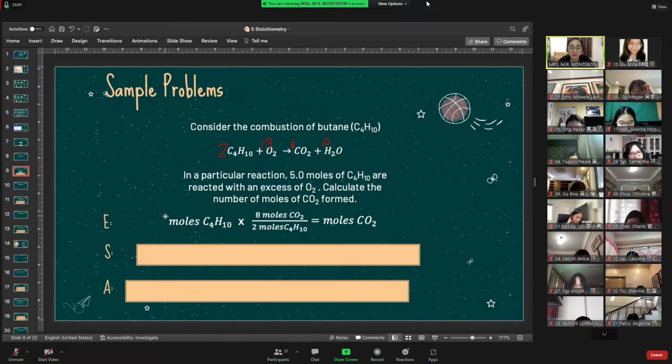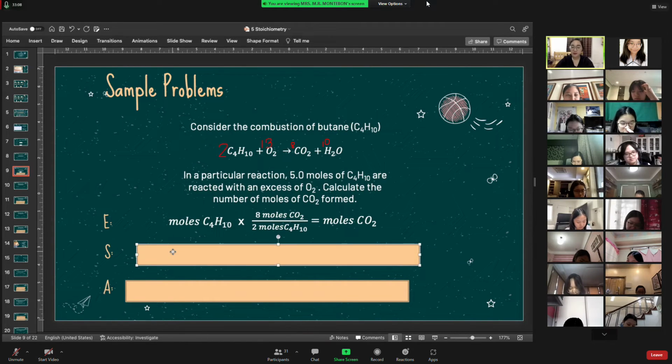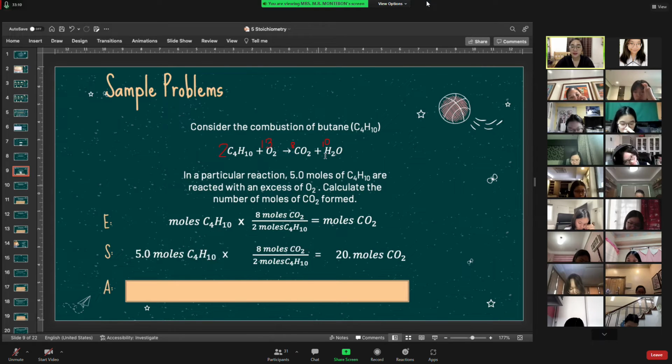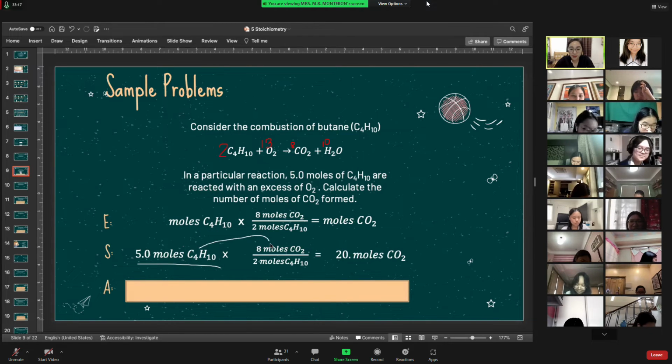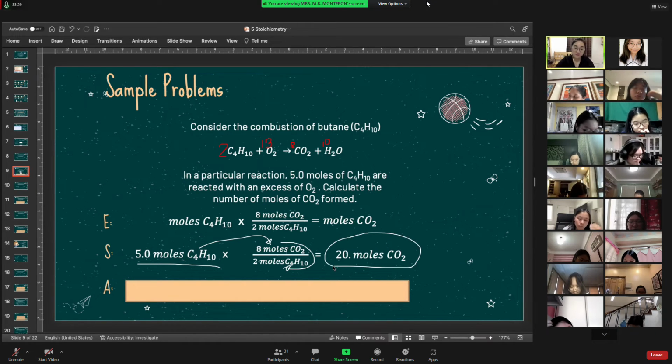So the number of moles of butane times the ratio determines the number of moles of carbon dioxide. If you supply the numbers, 5 moles of butane multiplied by 8 moles of carbon dioxide divided by 2 moles of butane will give you 20 moles of carbon dioxide. Okay? So make sure that you cancel the units, ha? Cancel, cancel,